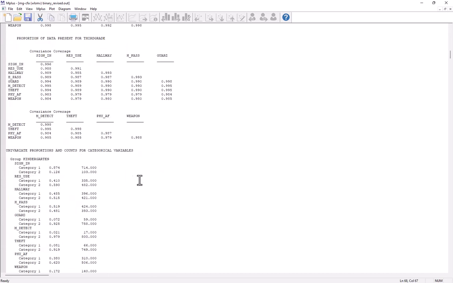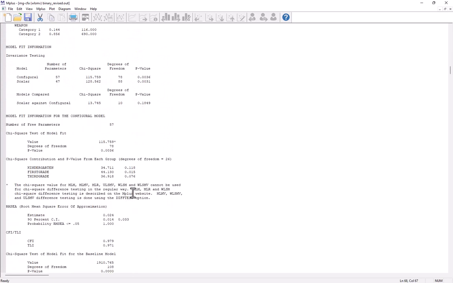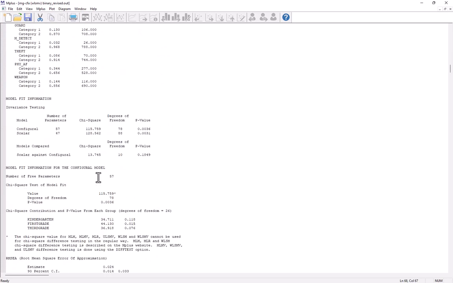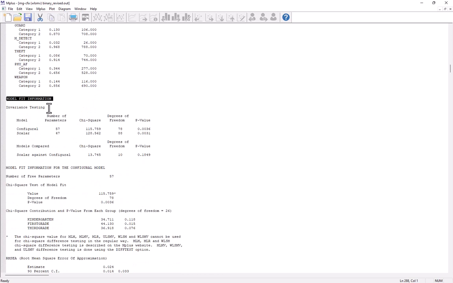I'll scroll down past the descriptive statistics, and the first thing here is model fit information, and the first part of model fit information is invariance testing. So I have the chi-square for the configural model, the chi-square for the scalar model, and then a